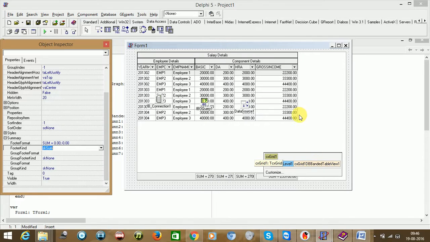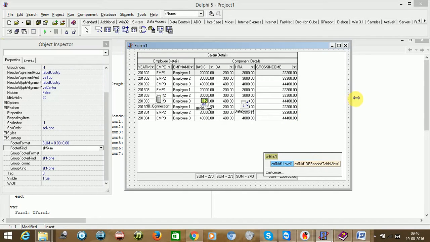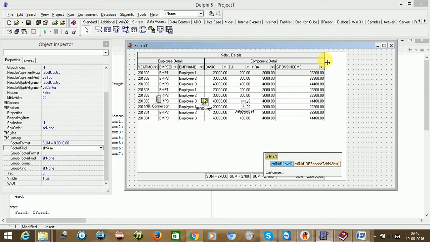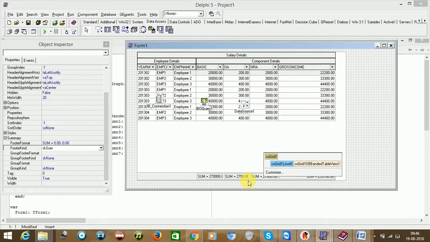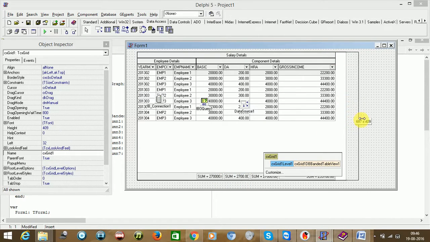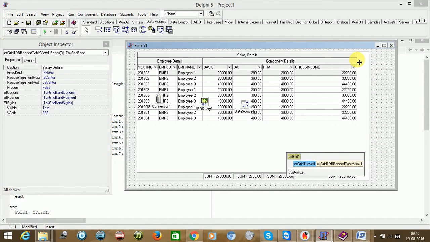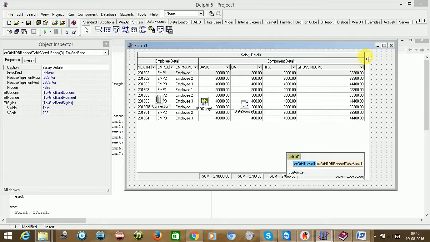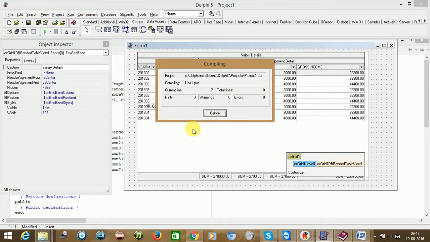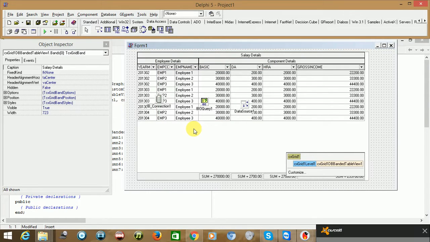So what you need to do here is expand this grid furthermore like this, so you could see the values a little bit more. I think again you need to, yes, now everything is coming here. Fine. So this is at design time only, but if you run this one, you could see the result at the design time itself.